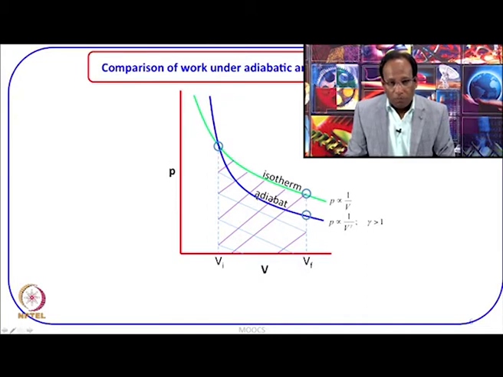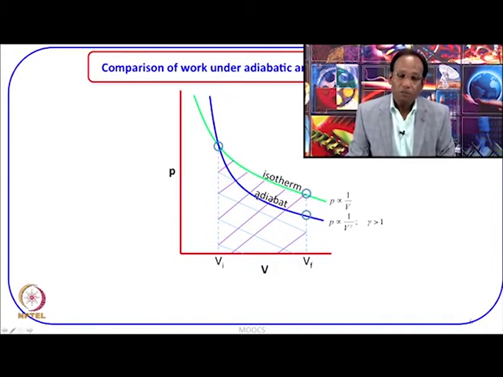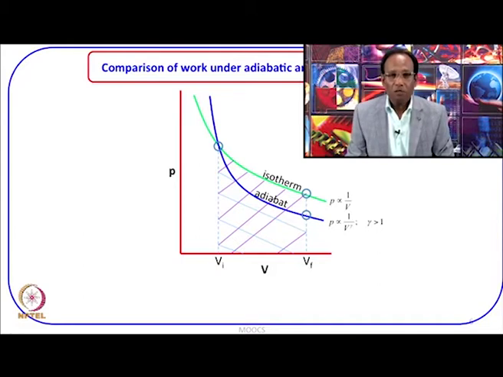Therefore, more work is available from the system when the gas is expanding under isothermal reversible conditions compared to that when the gas is expanding under reversible adiabatic